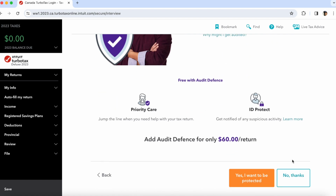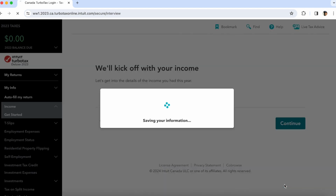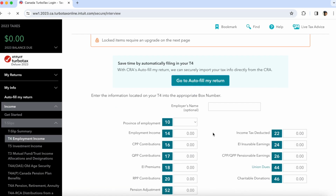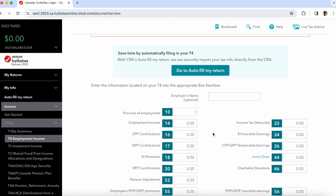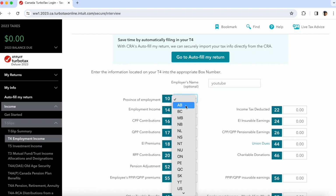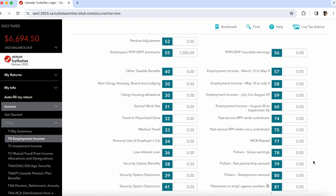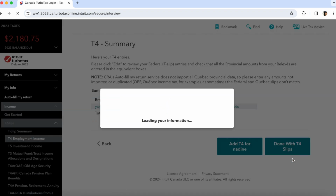So you don't have to fill in the tax information. But since this is just an example for Nadine, I'm just gonna enter some random numbers here. I'll just say employer's name, YouTube, province, Alberta, and my income. I just entered 50,000 for the income as an example. And if you have more T4, then just say add T4. But since we only work for YouTube, one company, as an example,